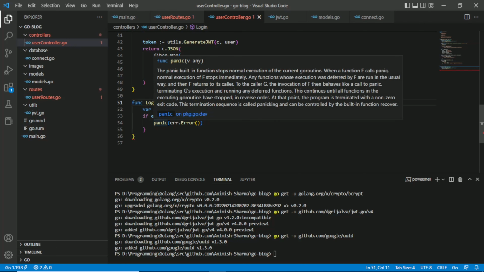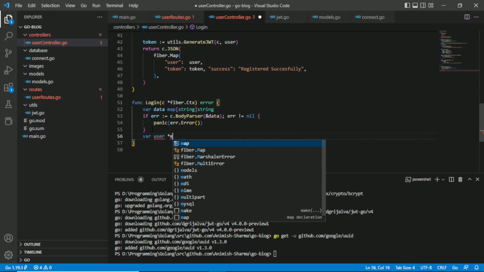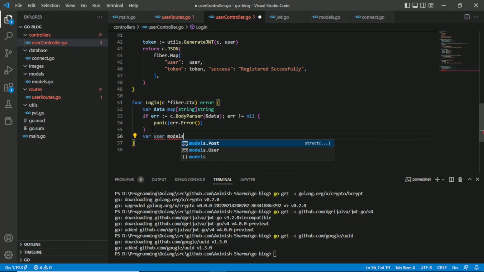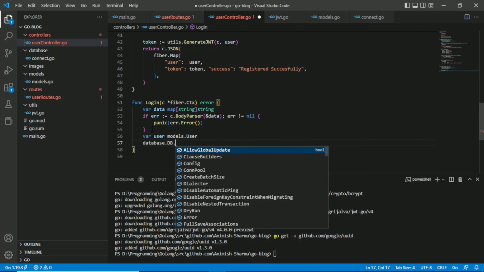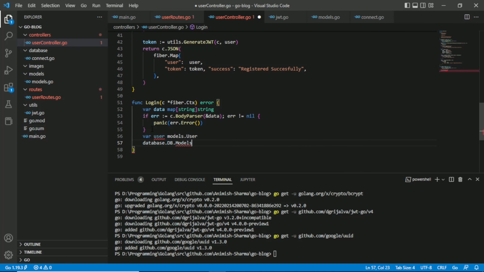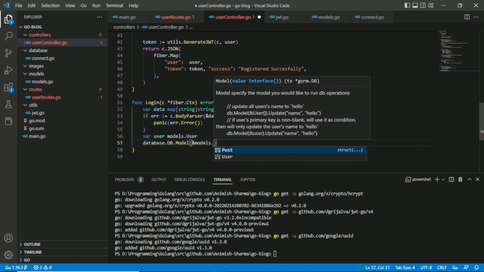Okay, so in the login function we have our body, and we're going to say var user is a pointer, not pointer, normal, of models dot user, and here's a database dot db dot model, models dot user